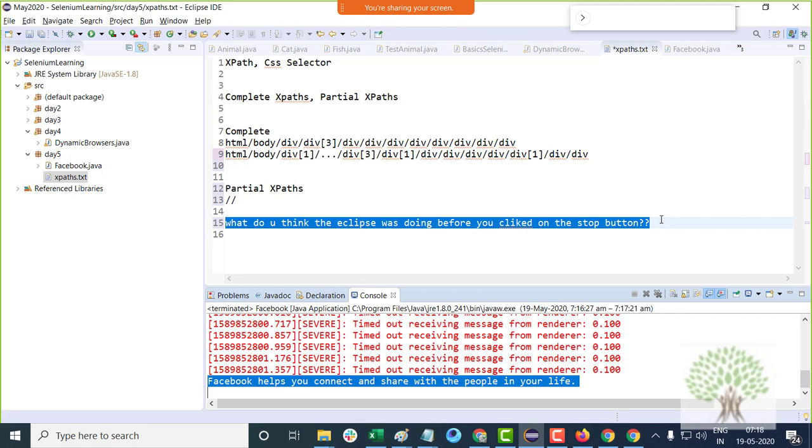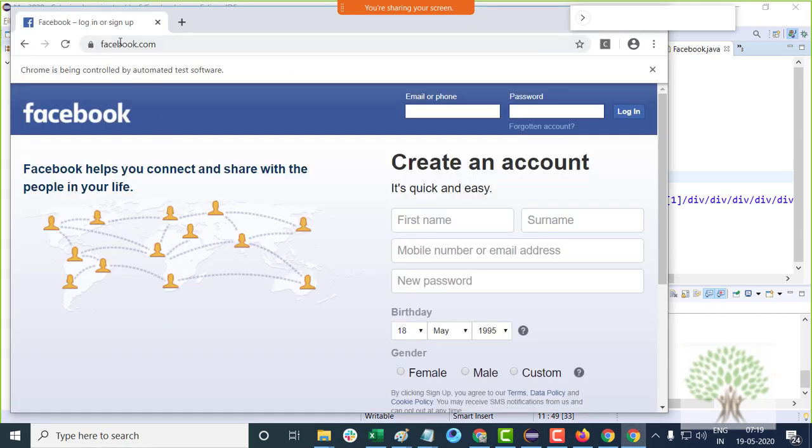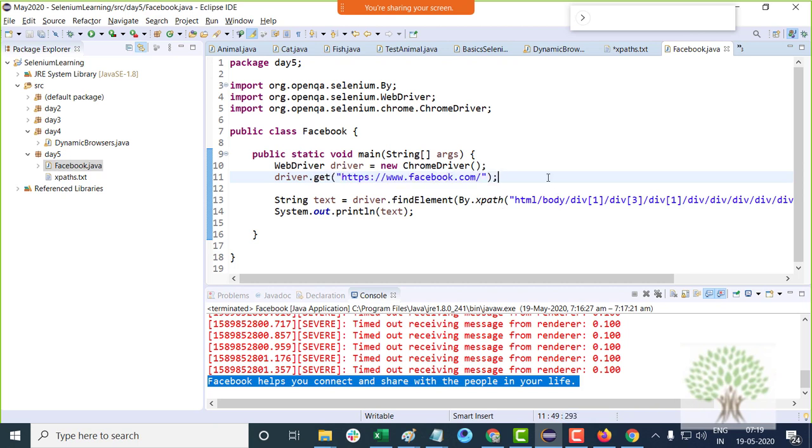It's working fine, but this time it was hanging. It took some more time just to finish the run. Yeah, that's fine. Sometimes it does take time, because the driver.get function will keep on executing until the complete 100% web page, all the elements, is loaded. It waits for 100% page load.